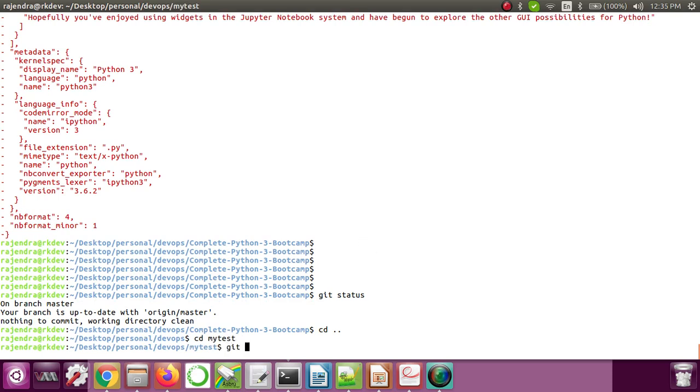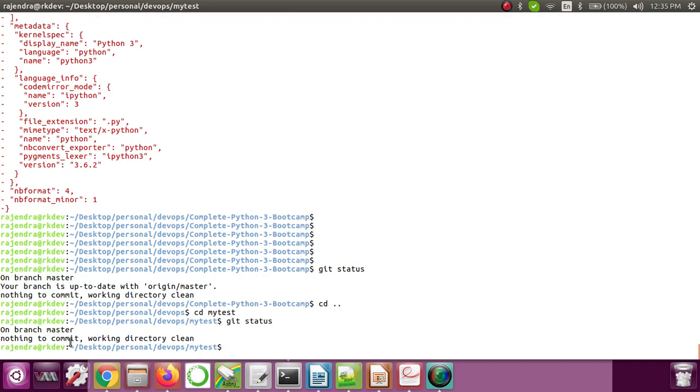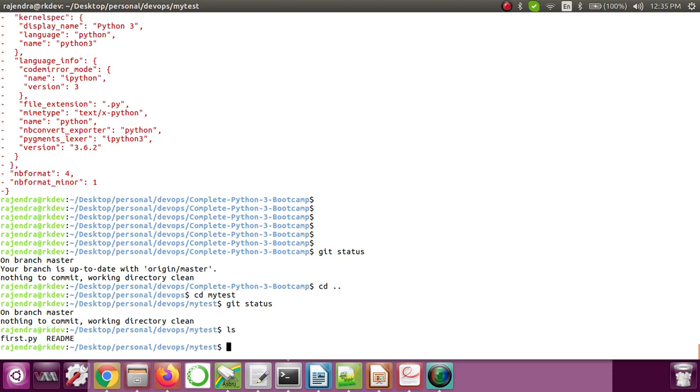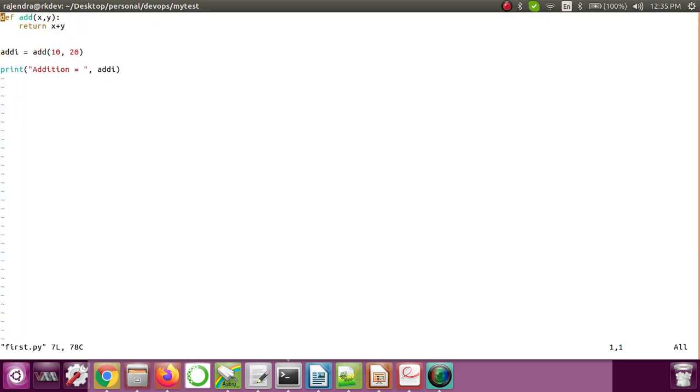Now let me apply git status: on branch master, nothing to commit, working directory is clean. Now let's say I go to first.py and let me add something in this file. Let me do some changes. Let me add the doc string here.